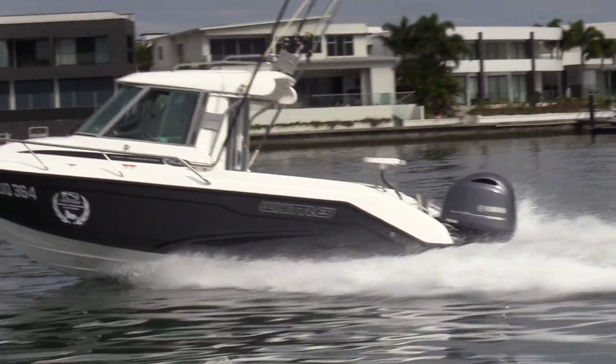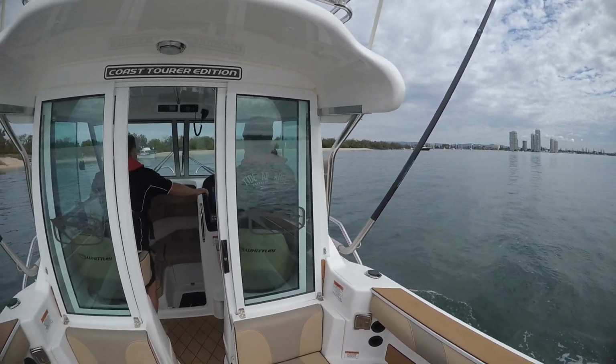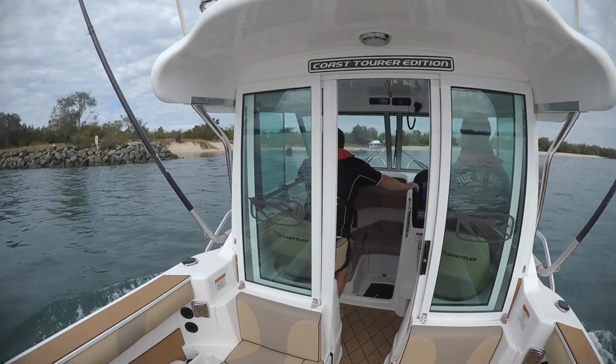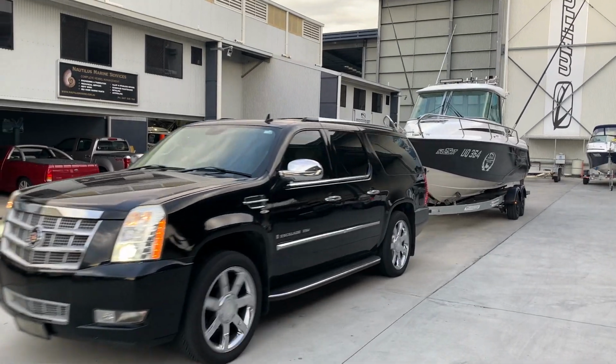Also, I think this boat really looks the goods. It's a very well balanced design. The wheelhouse is the right size, the wheelhouse is really comfortable, and on the water it definitely turns a lot of heads, and that's both on the water and on that twin axle trailer when you're getting to and from